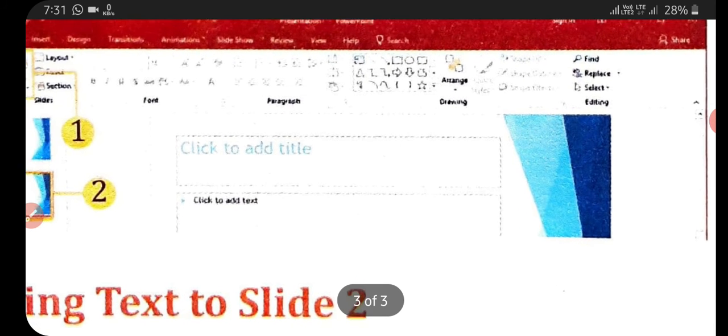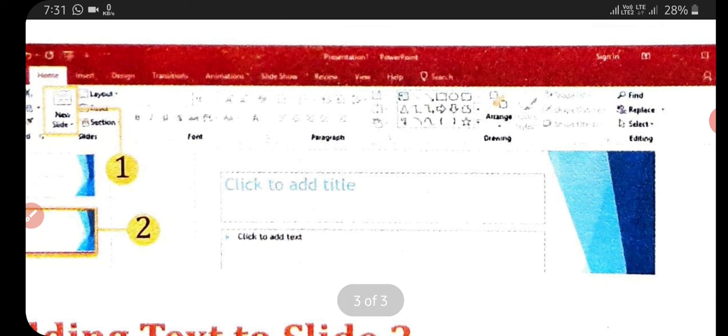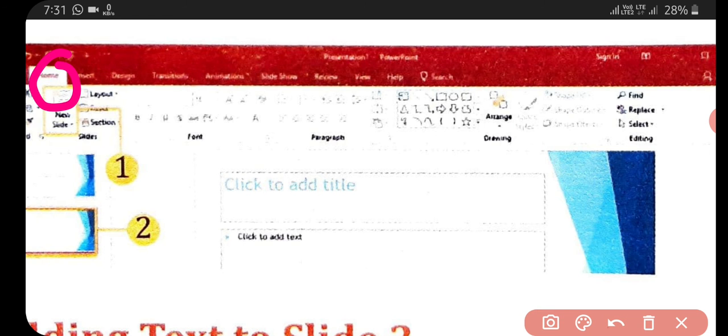Here we see, simply click on the Home tab, click the New Slide option and select the slide to appear in the presentation. You can select whichever slide you need, then use it in your presentation. And if you are adding text to a slide, you can type the text in the same way as you typed the text in your slide 1.